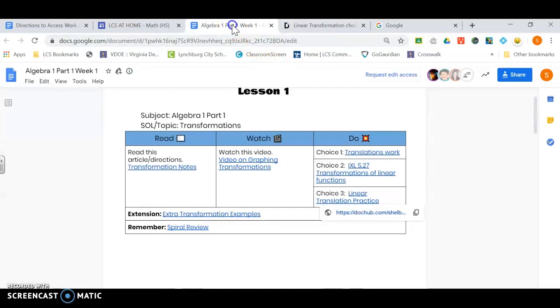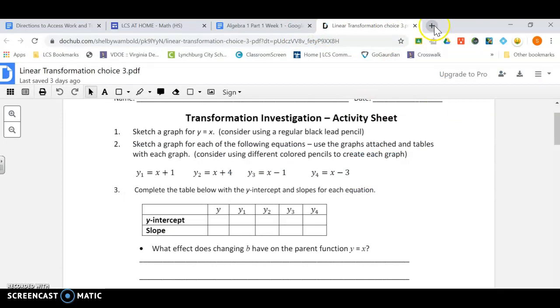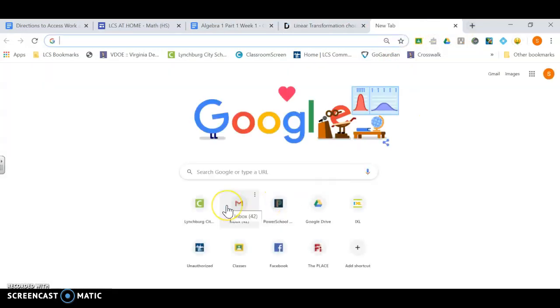For different choices, like choice 2, which is an iExcel, when you go to that, you can't really write anything down for that. So when you complete anything that is from a website, what you want to do is take a screenshot of your end results and add that to the Google Classroom page. So if I go to my Google Classroom page